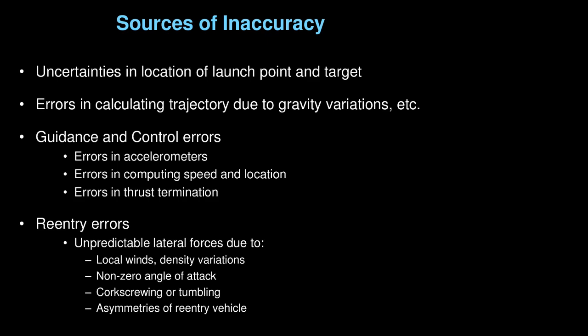You can also have asymmetries on the reentry vehicle. If you have a dent on the side of it, a rivet on the side of it, something that's asymmetric, then again, as rho v squared goes up, those lateral forces go up, and you can have very strong lateral forces that are going to affect